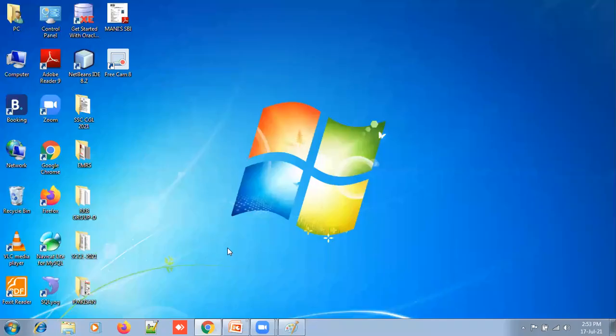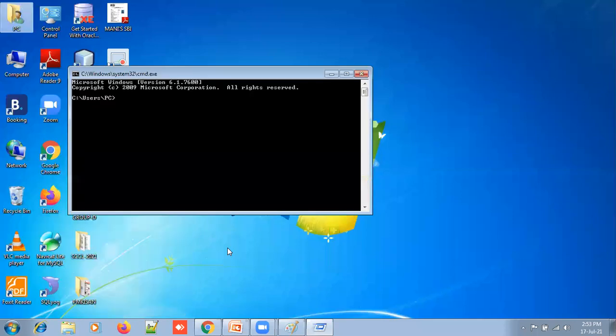Now you can open the command prompt. In this you have to type javac. Now type it. What will be shown? As already explained, "javac is not recognized as an internal or external command, operable program or batch file." This is what we are getting.